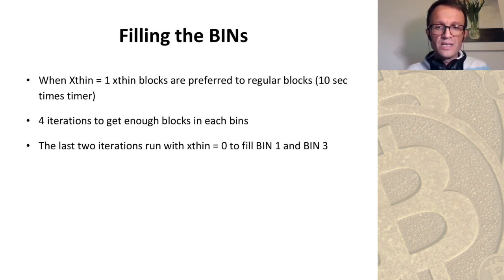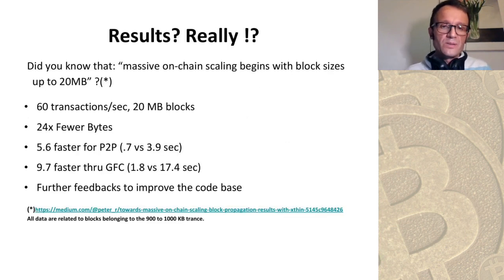So, to finish filling bin 1 and bin 3, which were about regular blocks, we ran a few days or a few sessions of the test with Xthin disabled. At the end, the results that we found were pretty amazing, if you ask me, because due to the reduction in bandwidth utilization, we could today, with the current P2P networks and the current constraints, in terms of the Great Firewall of China, network latency, CPU, bandwidth, whatever you can come up with in terms of hardware and technology constraints, we could achieve a